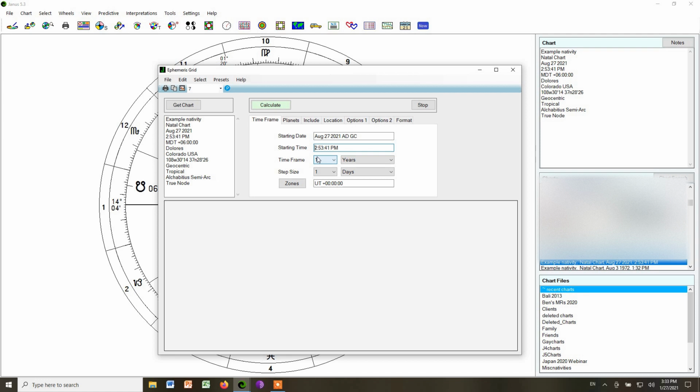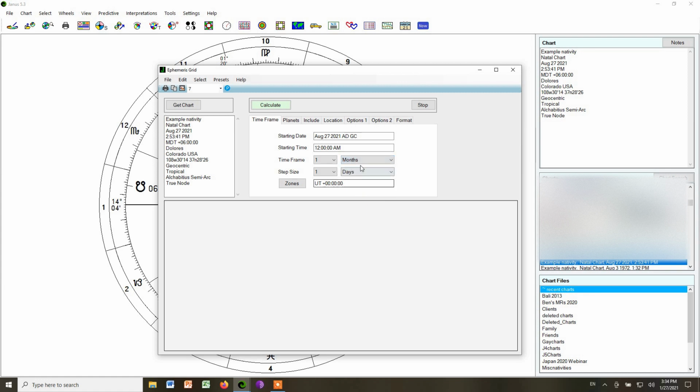at midnight. Janus is nice because you can tell it whatever time during the day you want to measure the planetary positions, but it is more common to use midnight. So we're going to choose midnight, and we're going to choose 1 month. Actually, since we're doing AM and PM, we want to choose 12 AM. The time frame for the whole ephemeris will just be for 1 month, so we'll choose 1